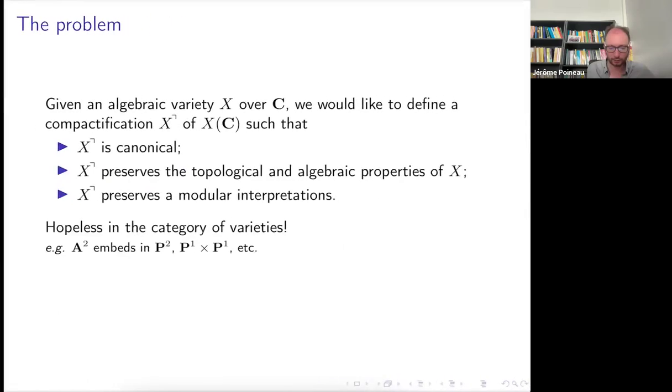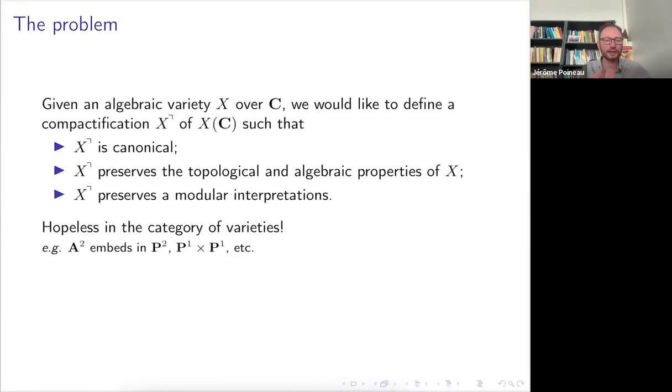Okay. Of course, this is not so easy, and it's pretty hopeless if you want to stick to the category of varieties. Even if you start with A^2. It works fine in dimension 1, but in dimension 2, you start with A^2, and you have many possibilities to embed it as a variety into bigger compact or proper varieties like P^2, P^1 times P^1, and you can blow those up as much as you want. You have really a lot of embeddings, and it's not clear which one should be better than the other. And actually, it could also depend on the problem you want to tackle. So nothing much to expect here.